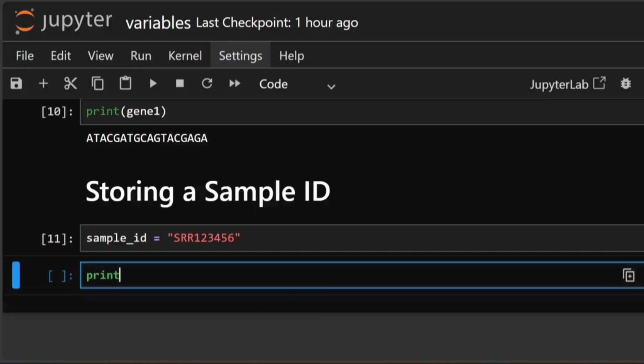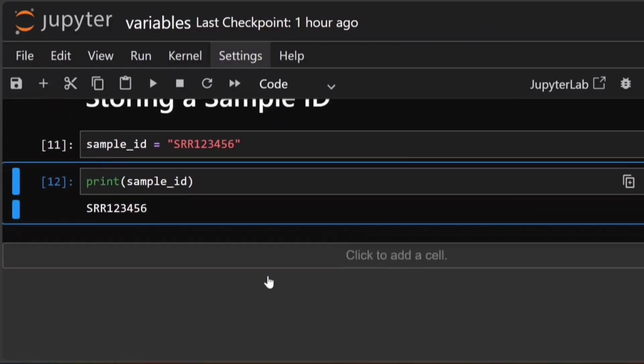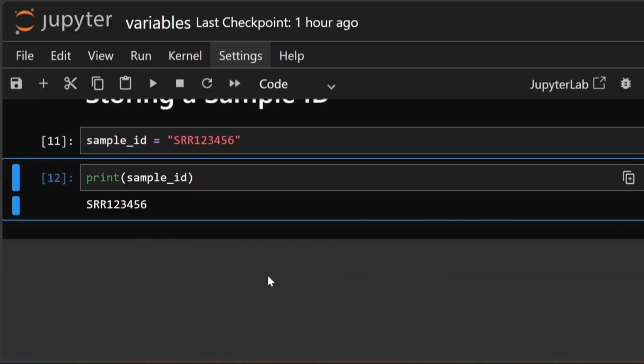Next, I'm using print sample underscore ID to display what's inside this variable. The output is SRR123456. This helps confirm that the ID has been stored correctly and we can now use it anywhere in our script.